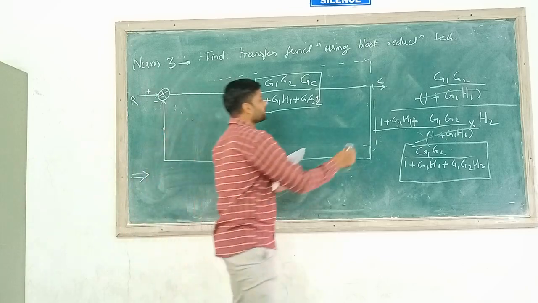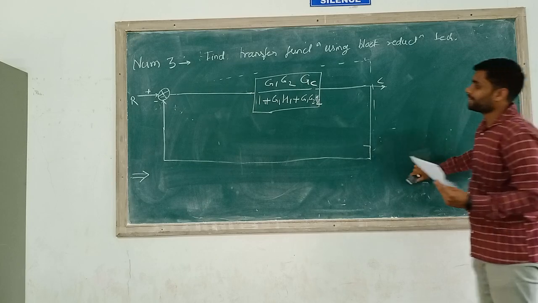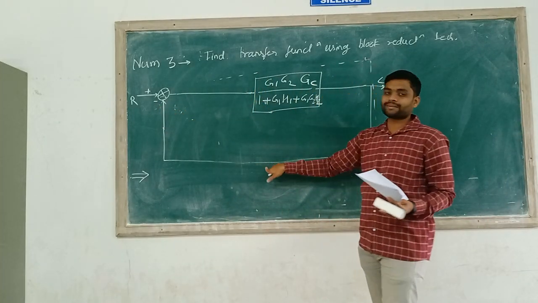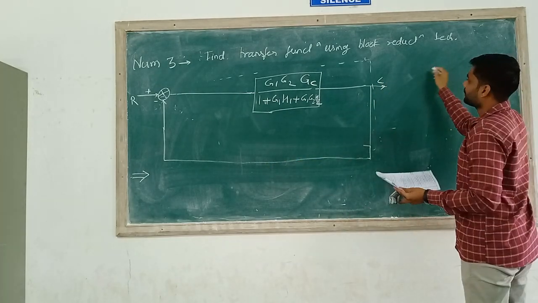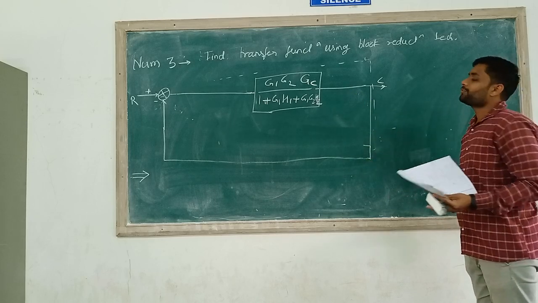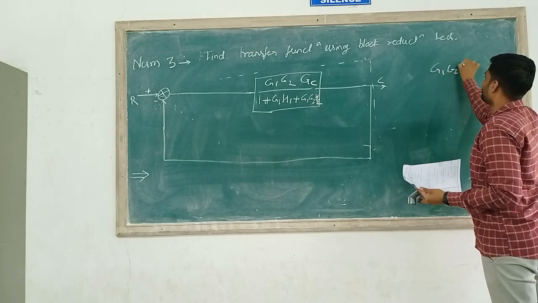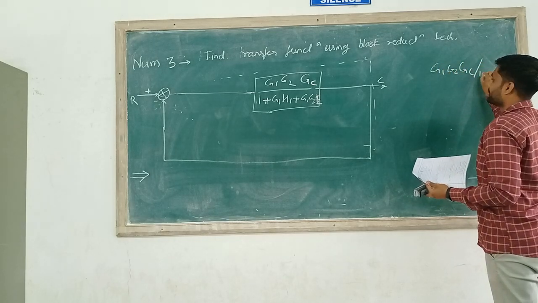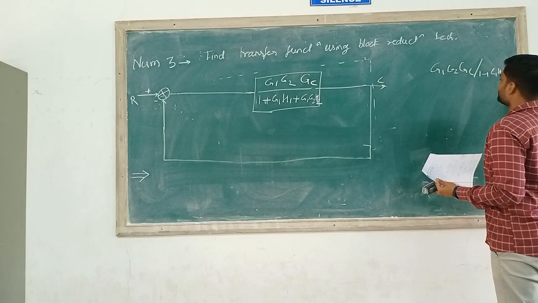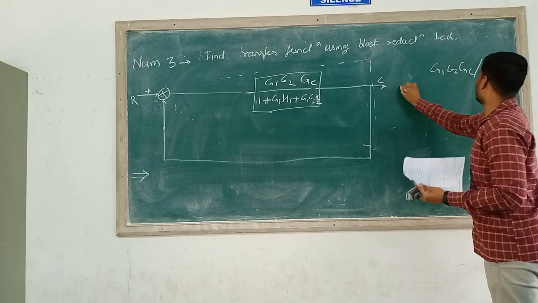So how are we going to remove this unit feedback loop? By using the same formula. This feedback loop is again negative. We consider that the function of this loop is 1. So to reduce this, we need to use the negative feedback loop reduction formula. So it will be G1 G2 GC upon 1 plus G1 H1 plus G1 G2 H2, and H of 1.